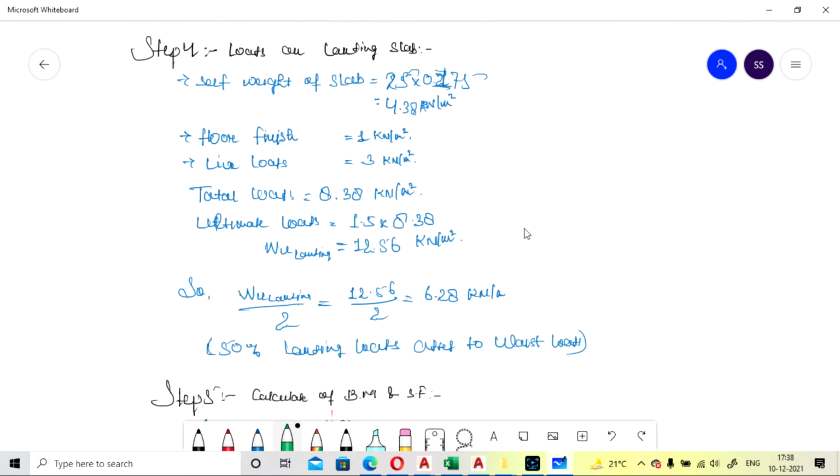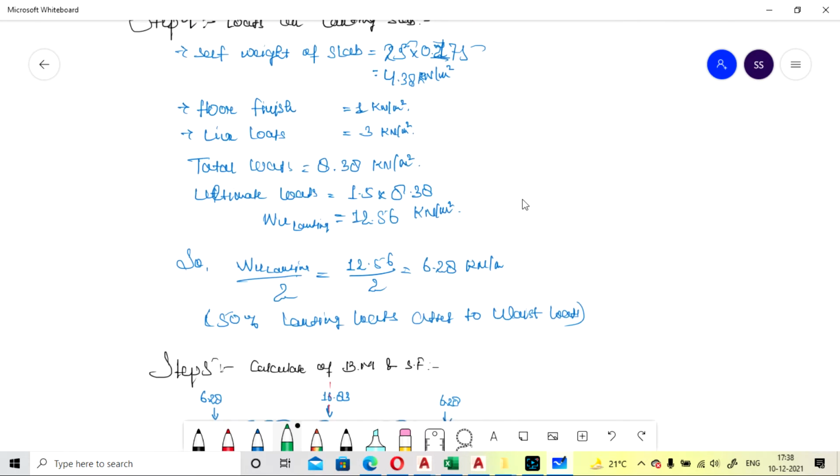So here what will happen, 50% of your landing loads were added to the waist slab. That's why we are calculating the landing load also. Because support was provided as perpendicular, it is divided into two parts.